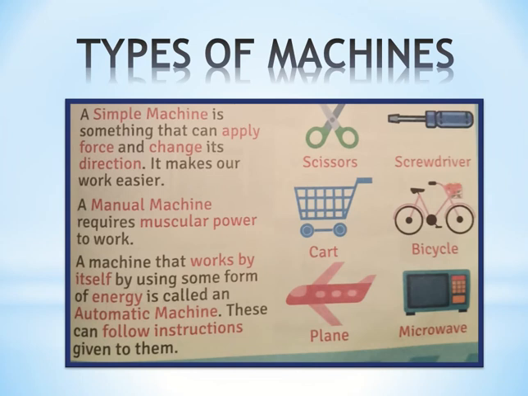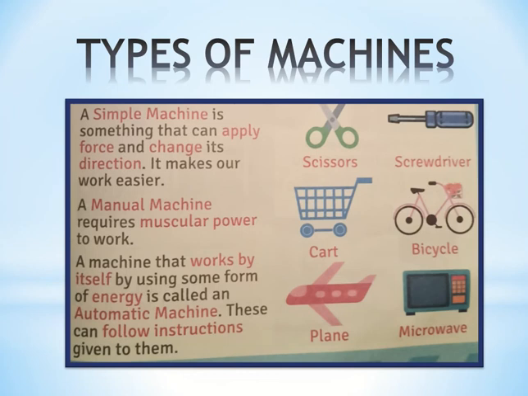Okay, for example, if we want to cut something, we will use a scissor. You have to use your hands, and you have to apply force to cut something, a piece of paper. Okay, the next examples are scissor and screwdriver. If you have to open any kind of machine, any kind of thing, you have to use a screwdriver. What you will do, you will apply force with the help of screwdriver and open the thing.